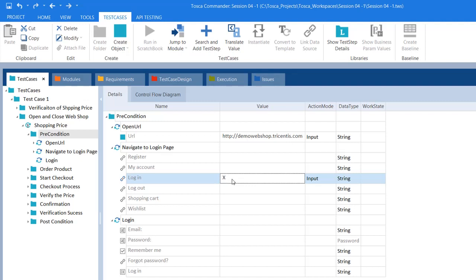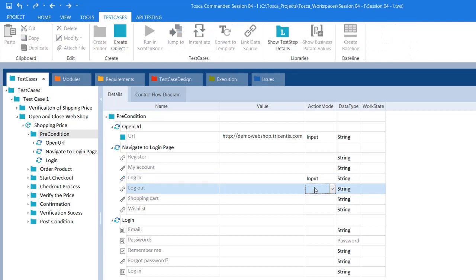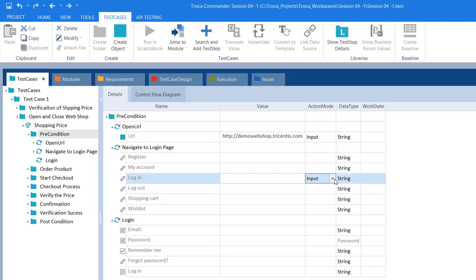Or you can do one thing, you can delete the value here, sorry, so let me just press Control Z. You can delete this value, okay, and then you can only select input as an action mode for the corresponding link that you want to click.